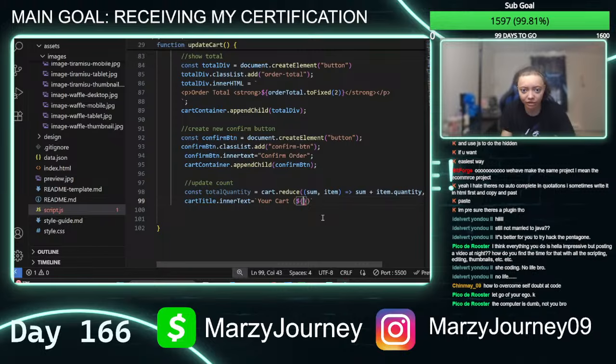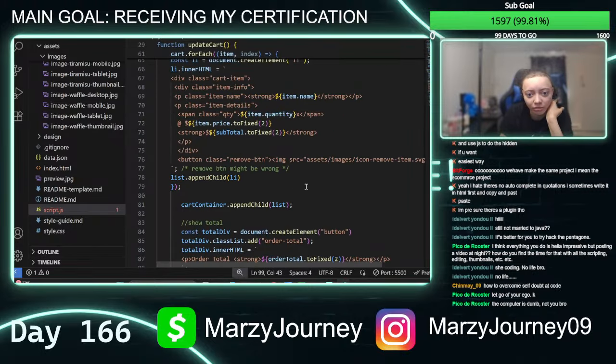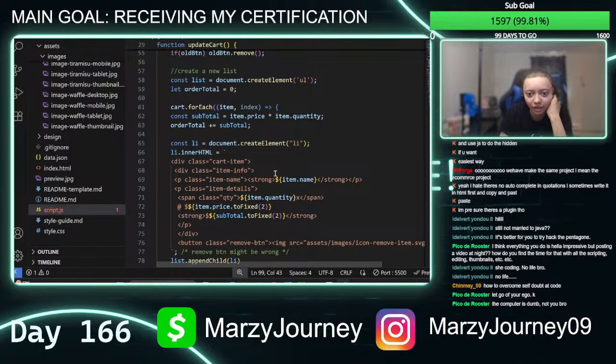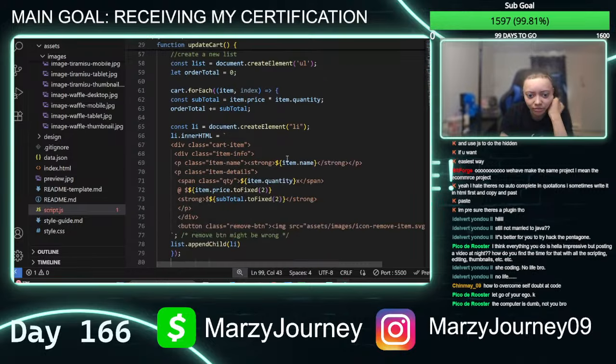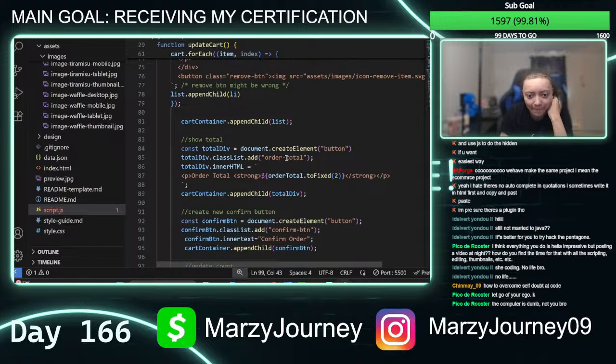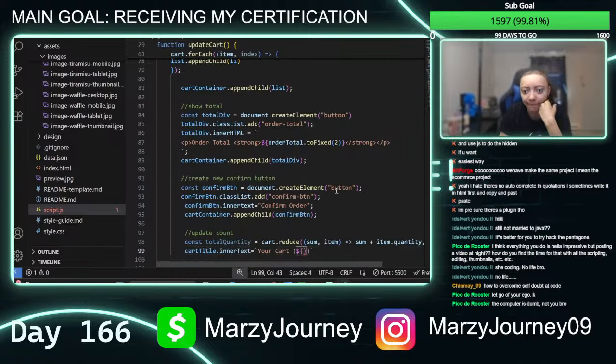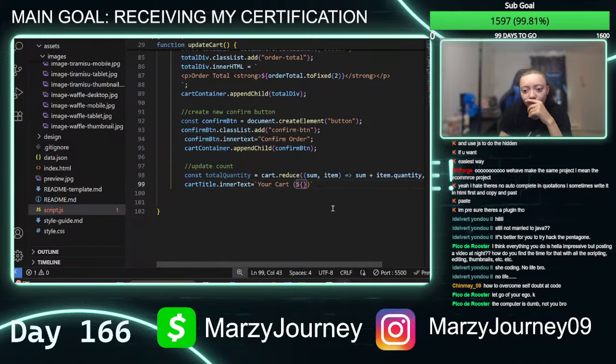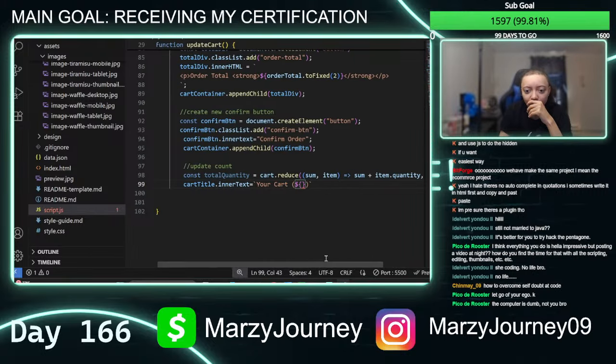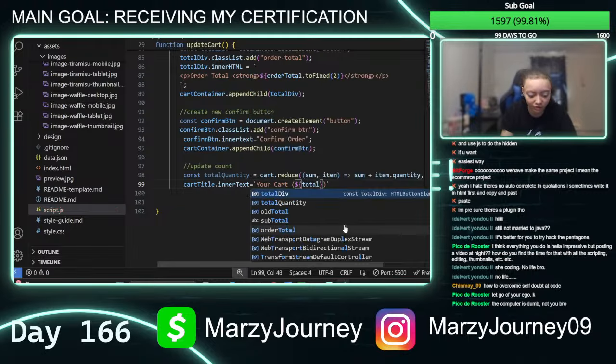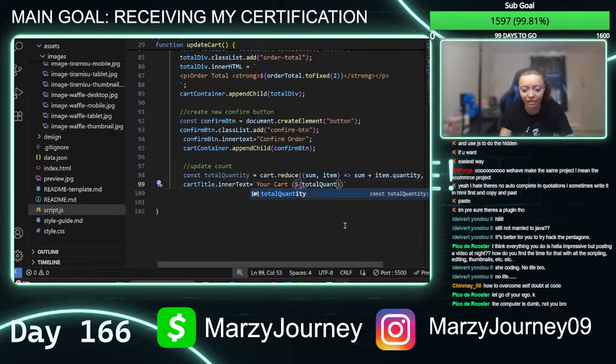Is it cart quantity or is it, I mean, not cart quantity. What was the other quantity that I got? The only one that I see is item. There's no way it should be item quantity though, because, oh, I gotta declare this. Okay, I was like, what the hell? So it'll be total quantity. Because we need that, so it can't be item quantity if we need everything that's written in here. So we're gonna go total quantity there, so then that should be good. Put this here. Hopefully I didn't end up screwing this up.